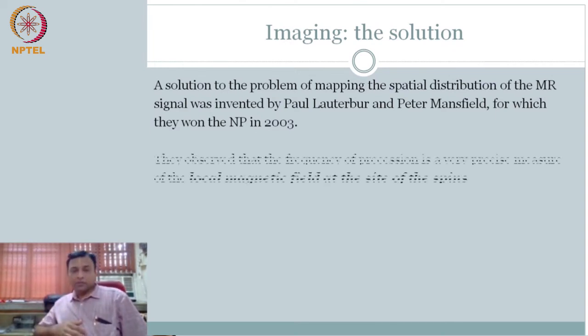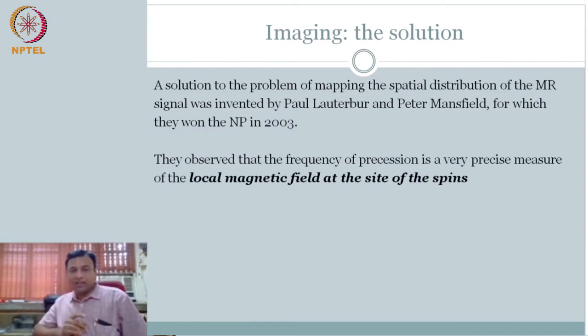Okay. So what they basically noticed is that the precession, the Larmor frequency, is a very precise measure of the local magnetic field. We know this. That's what nuclear magnetic spin was: you apply a magnetic field, all the spins start to align and precess around the magnetic field, right? But what they noticed is that this is very sensitive. Meaning, if I change the magnetic field slightly, the Larmor frequency also changes very precisely.